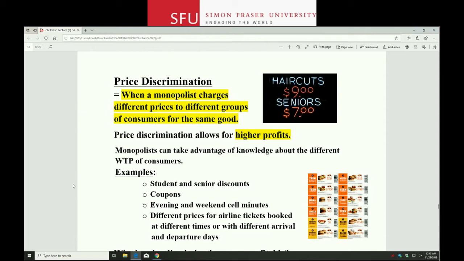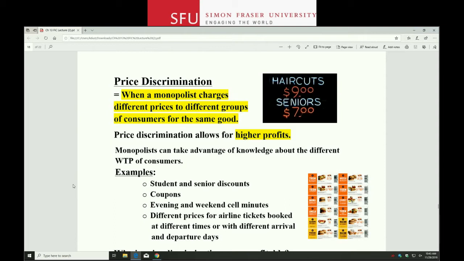And then airline tickets are the same. The prices will depend on when you're flying. So for example, if you're trying to go somewhere during the week, like somewhere between Monday and Friday so that you're home before Friday, versus if you're going somewhere for the weekend, it's the same thing. Right? On the weekend, you're probably going to visit friends or family, so you're more flexible, you're more elastic. Whereas if you're going somewhere during the week, or on a specific day, then it must mean that your demand is more inelastic, like there's some necessity for your travel.